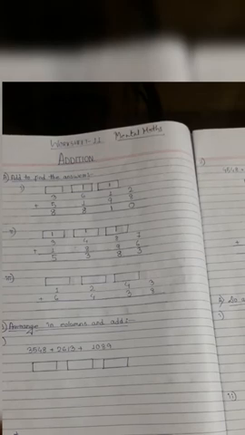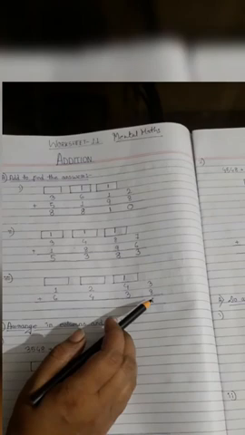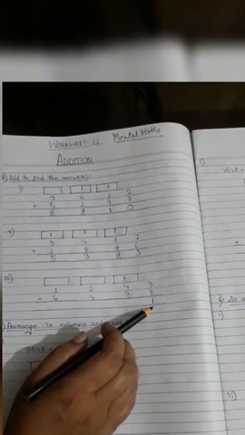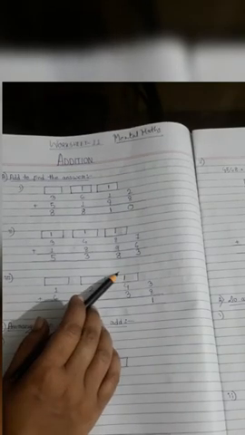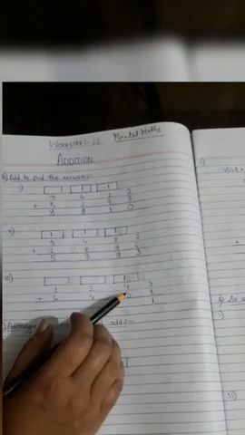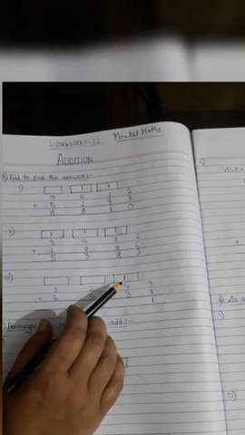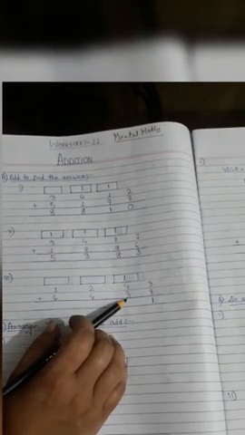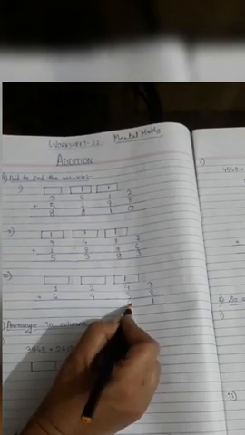Next, 8 plus 3: 8, 9, 10, 11. So 1 at the ones place and 1 at the tens. So we have to write down it's 11. So we have to write down 1 one under the ones column and carry 1 ten to the tens column. Now we have to add the tens. So 4 plus 1 will be 5. 5 plus 3 will be 5, 6, 7, 8. 8. So what you have to do? 8 you have to write down in the tens column.